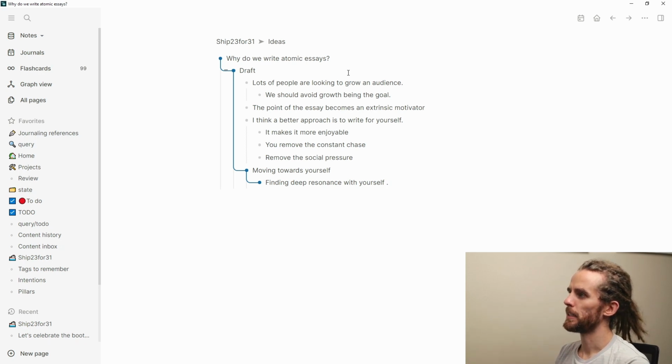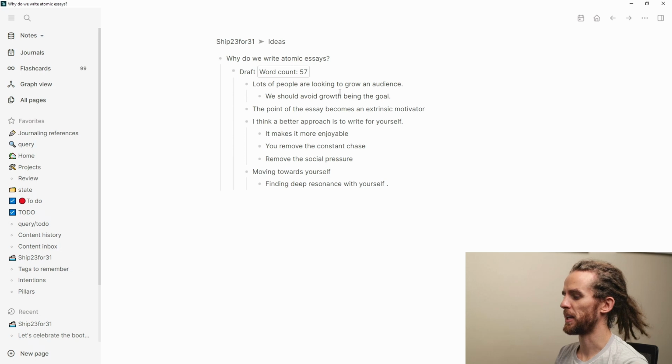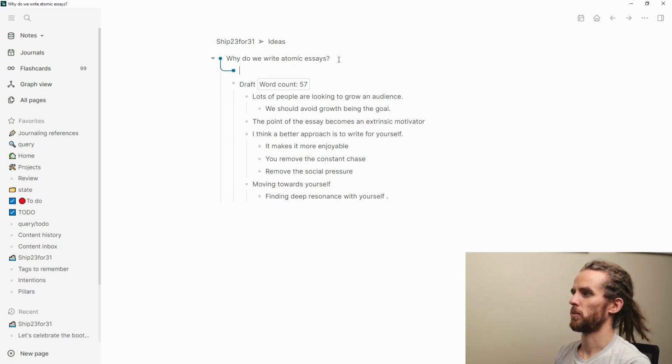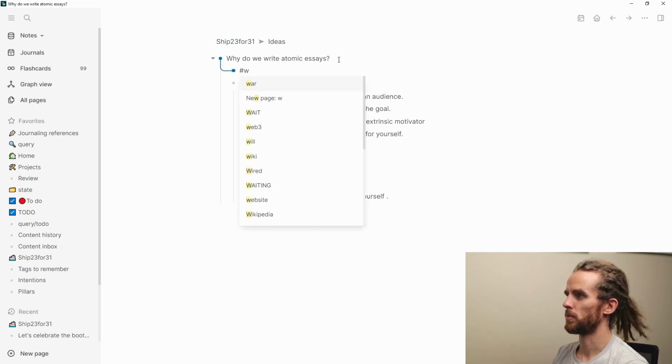What I'm going to do here is use the word count plugin, which is a great little plugin. So I say /word count, and that shows me how many words I have. Now, an atomic essay is typically 200 to 250 words. I'm only on 57, still a long way to go. What I'm going to also do is just talk about writing here. So I've got this writing,